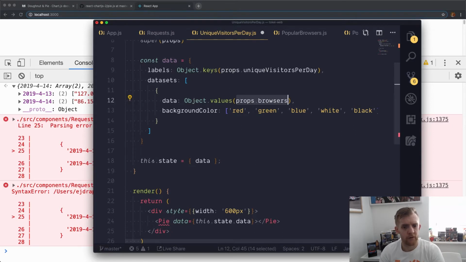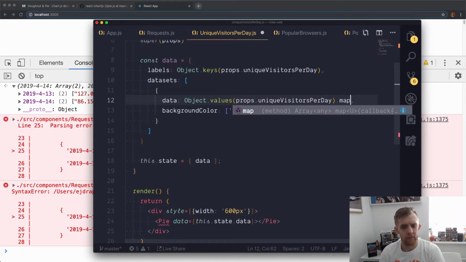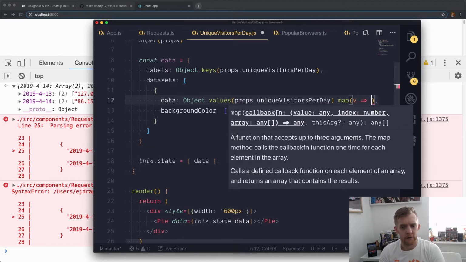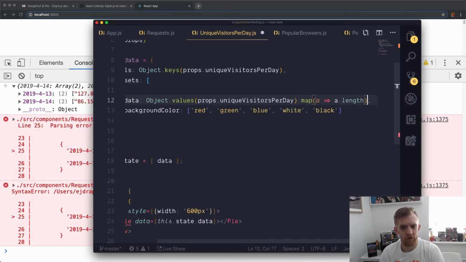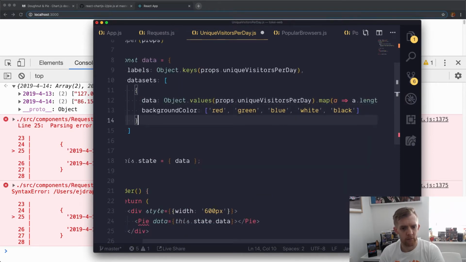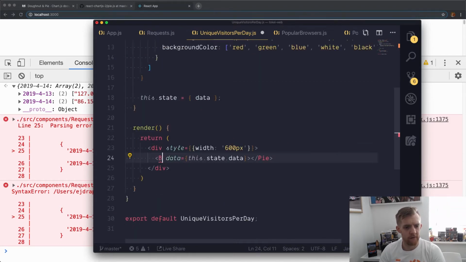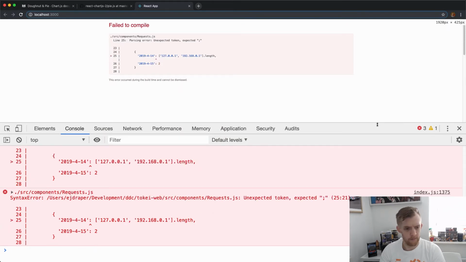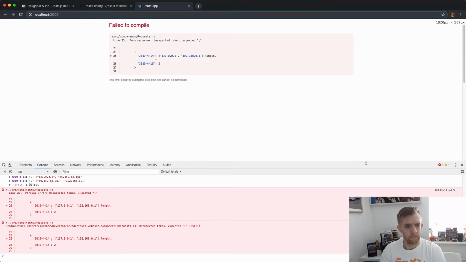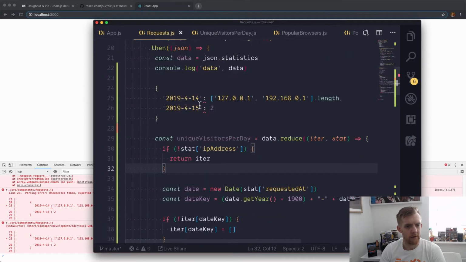So here we've got props of unique visitors per day. They're the values. If we just do this, each one's an array, and we actually just want the length. And that's our data. We'll set the background colours ready to go, and we'll see how that looks. Then we'll change this to a bar chart, and we'll see what that does for us. Let's put this down. Let me remove that. So up in here,